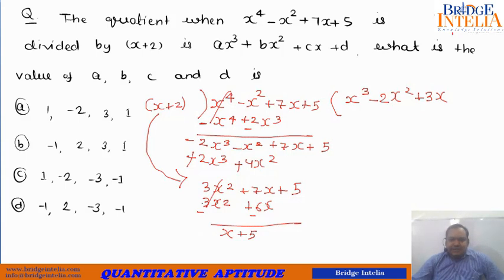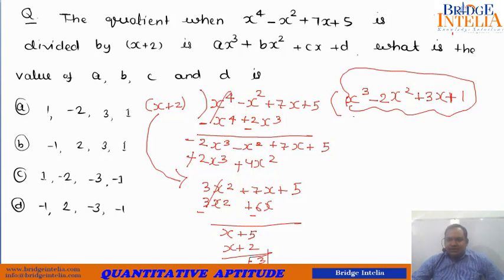So you can see now what should be multiplied with x to create the first term? Obviously 1. So this is not a case of complete division. Complete division is not taking place here. You still have a remainder of 3. But at least you are sure what your quotient looks like. So this is what your quotient looks like.